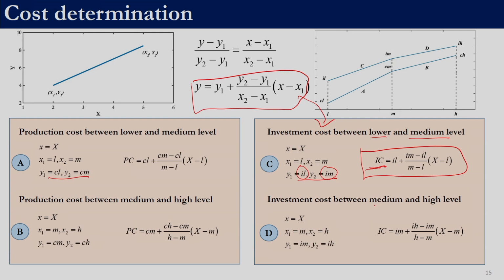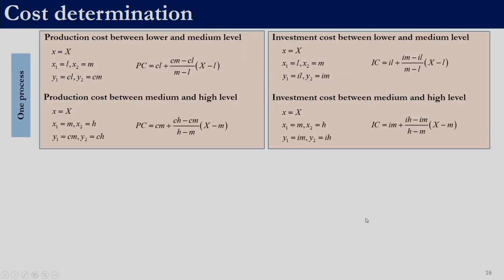and if the production is between medium and high level the investment cost has to be calculated using this equation, right. So, now we know how to calculate production cost and the investment cost. This is for a particular process. This is the same set of equations which we showed you in the previous slide, but there are different processes. Remember the table which we showed you at the very beginning, there are 54 processes,